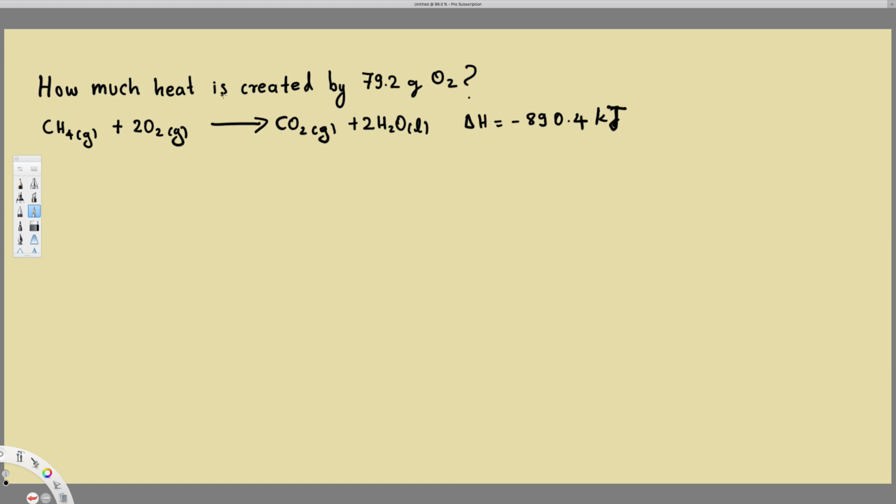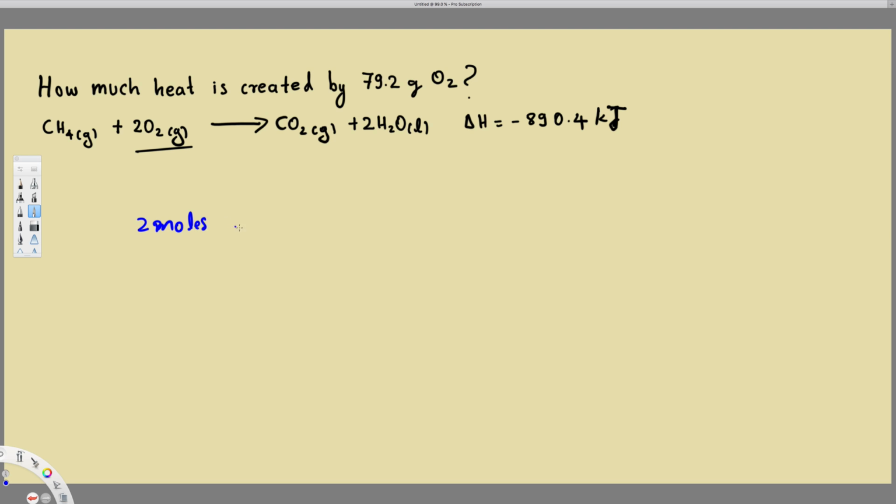So first of all, before we do this one, we have to know: this is released, right? The negative sign means released, and we have to know how many moles of O2 are releasing this amount. If you look at this, we have 2 right here. It's 2 moles of oxygen releasing this much energy. But how about CH4? CH4 is 1. So 1 mole of CH4 is releasing this much, and 2 moles of O2 releasing this much. But here we are only dealing with oxygen, so we have to write 2 moles of oxygen,